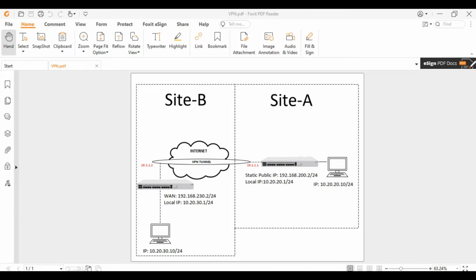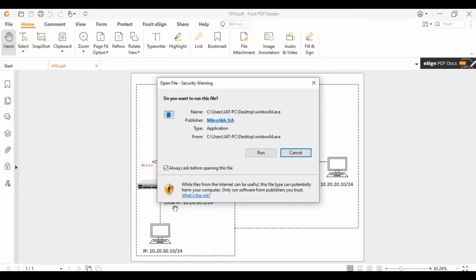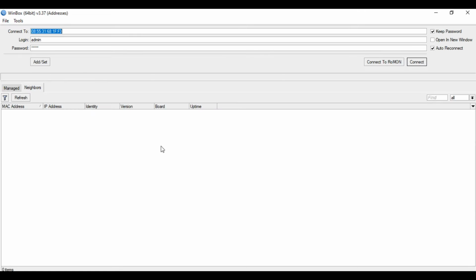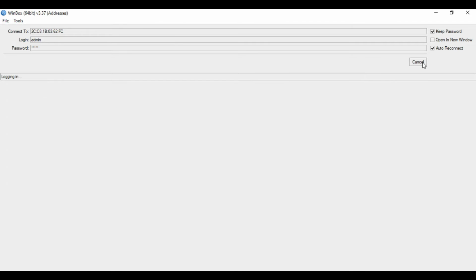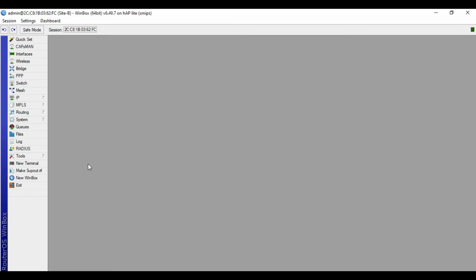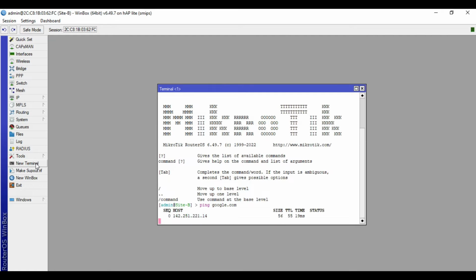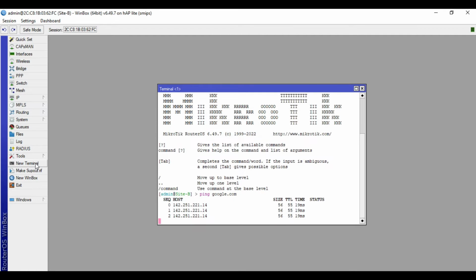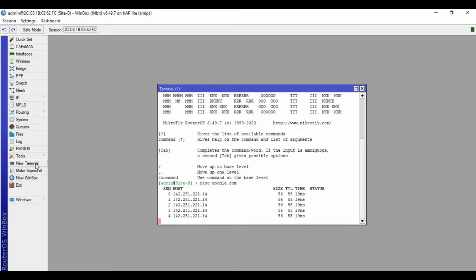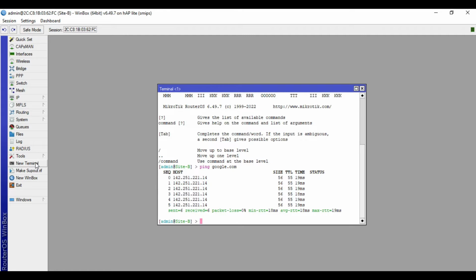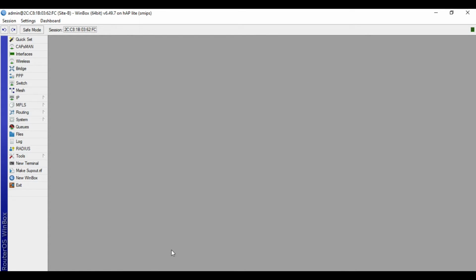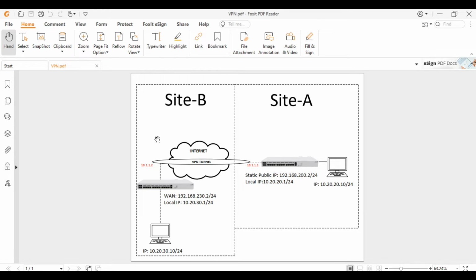I'll now access also the device of site B. Let's do a quick ping test. Alright, as what you can see, it's also connected to the internet. Both sites are connected to the internet.